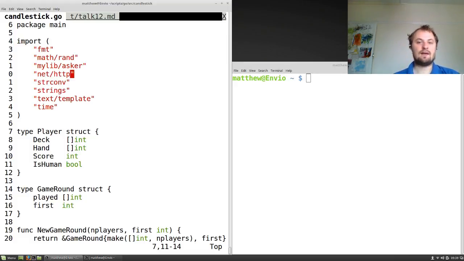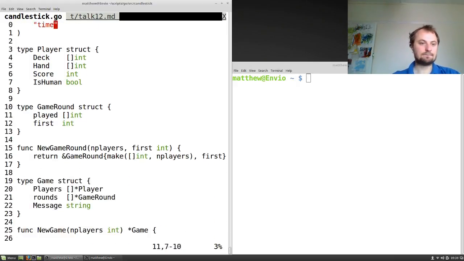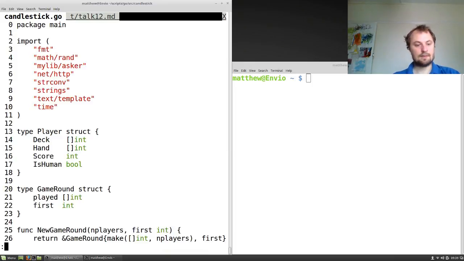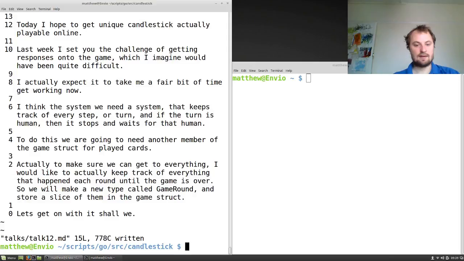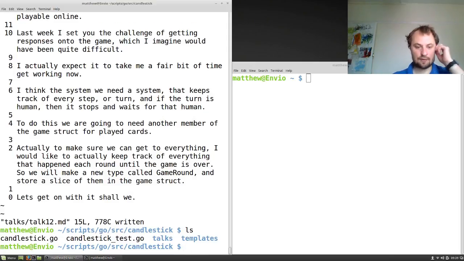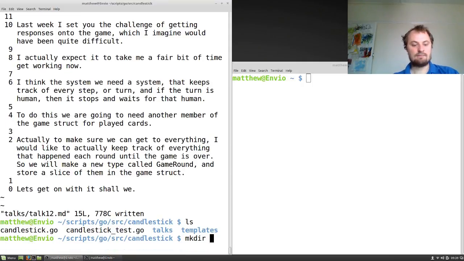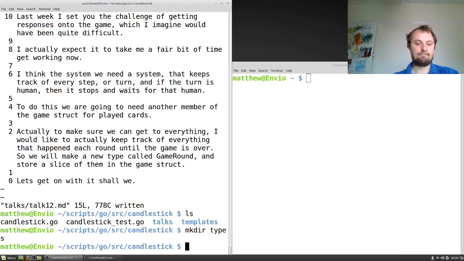So let's do some reorganization. I'll quit this, and this was our introduction, so I'll get rid of that. And let's make some new folders. Make directory types. So we've got a directory called types, and in types we're